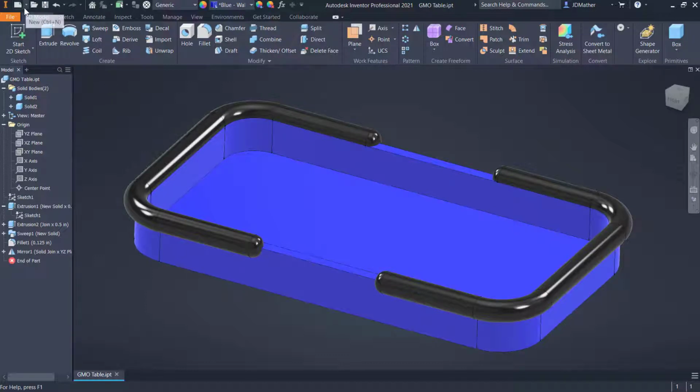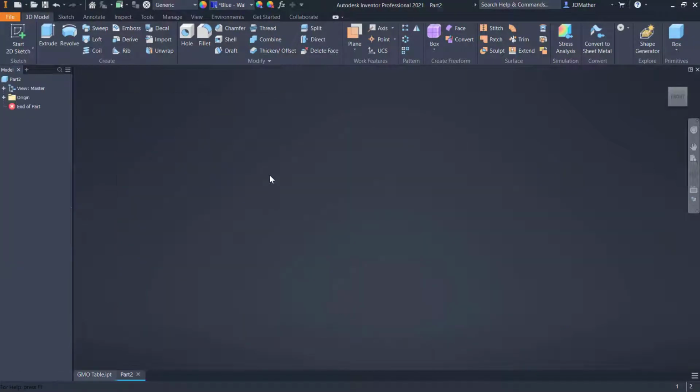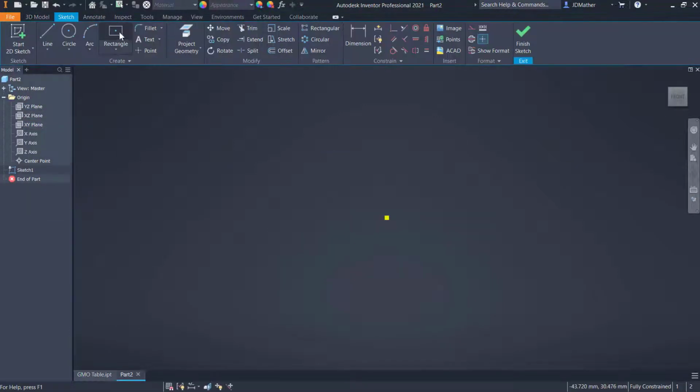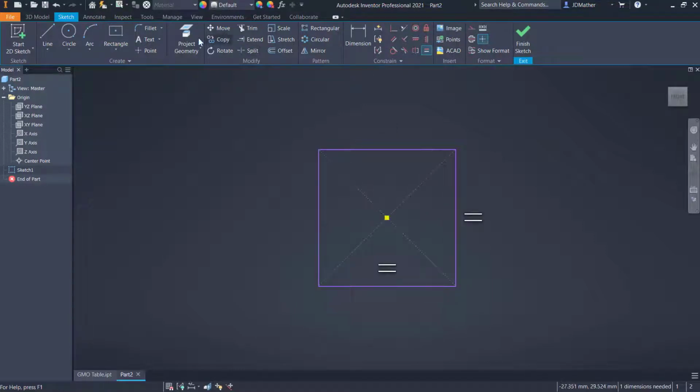we do metric or inch, but I'll do a new, and I'll go to metric. I'll do a standard millimeter IPT. I'll start a new sketch on the XY plane, and I'm going to do a 2-point rectangle at the origin, and then I want to make the height equal to the width. So I'll do equal this height equal to the width, and then I'll dimension this, and when I dimension it,